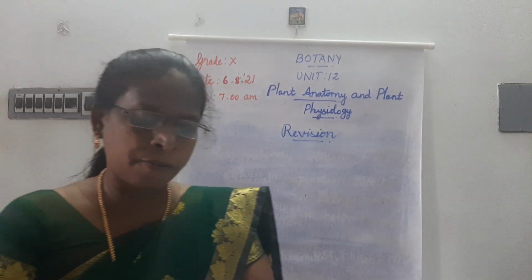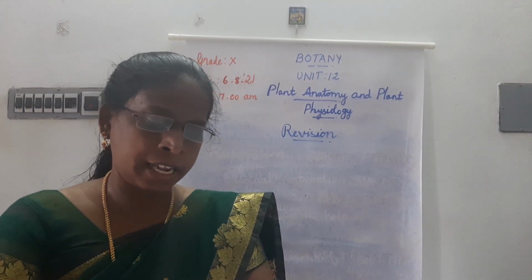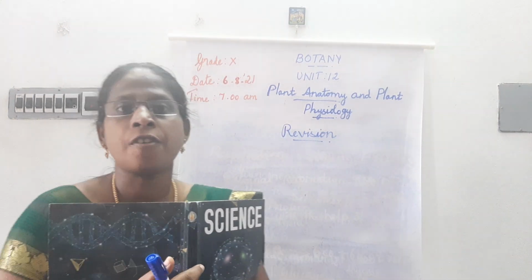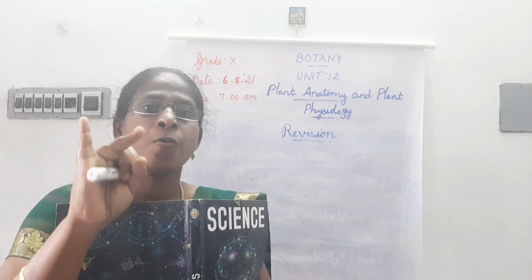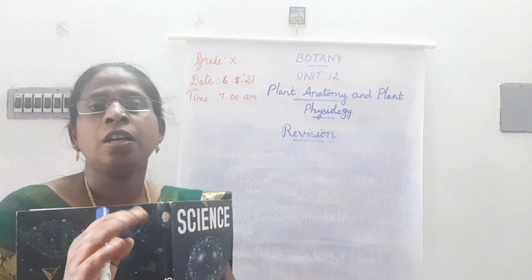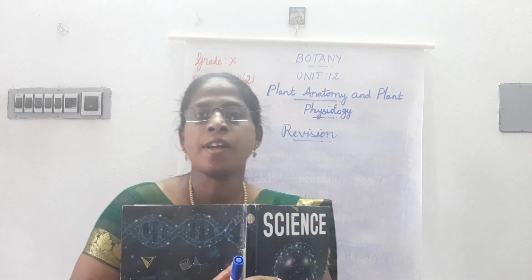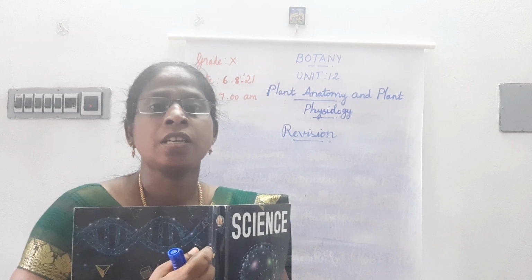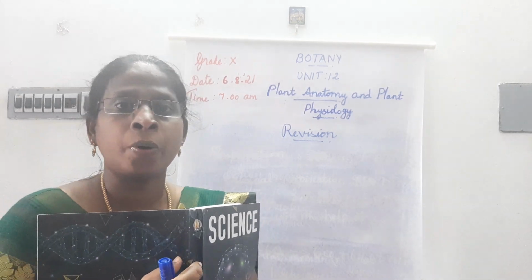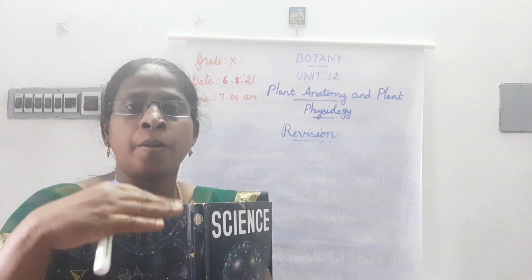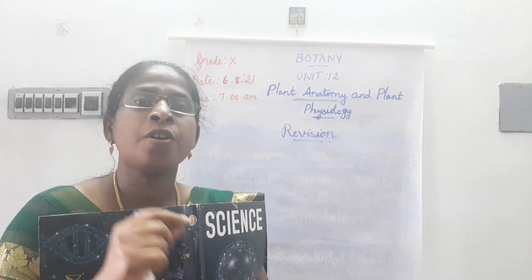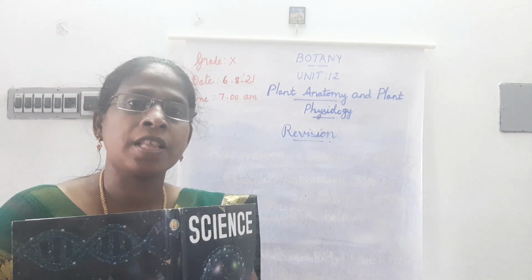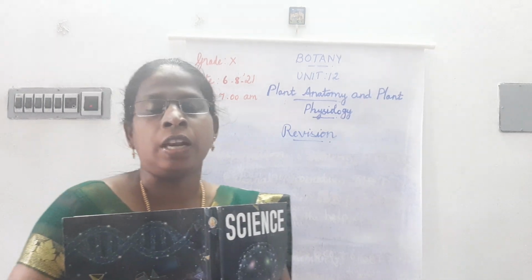Next one is, what is photosynthesis and where in a cell does it occur? See, what is photosynthesis? What are the raw material necessary for photosynthesis? Carbon dioxide, water, sunlight and chlorophyll. So, what is the correct definition for photosynthesis? It is a process by which green plants synthesize carbohydrates by using carbon dioxide, water, and utilizing the light energy from the sunlight in the presence of chlorophyll.